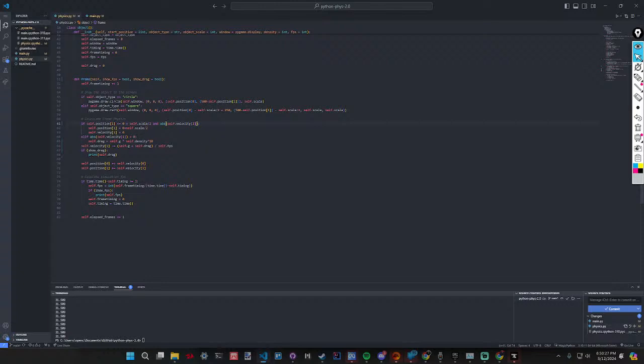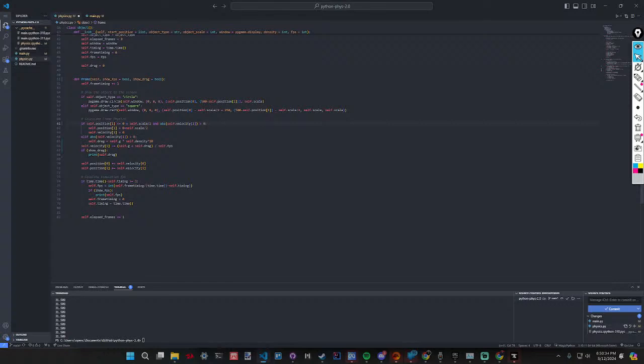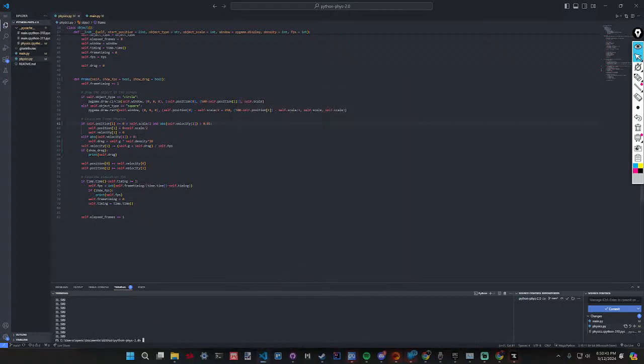Okay, there. Is more than 0.01, I guess, would be a good number. So now let's see if it still snaps. It still snaps. It looks like, actually, we don't want to show the drag velocity, I'm just going to leave it as show drag because this is temporary.